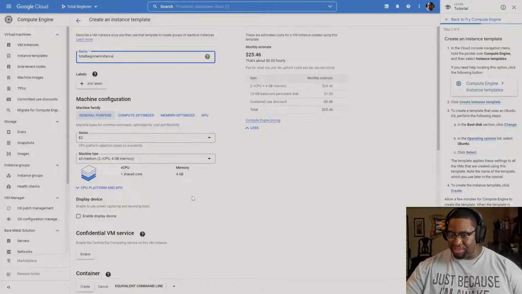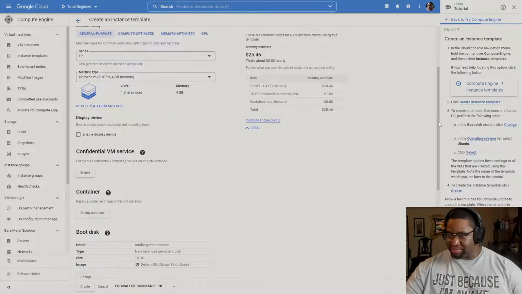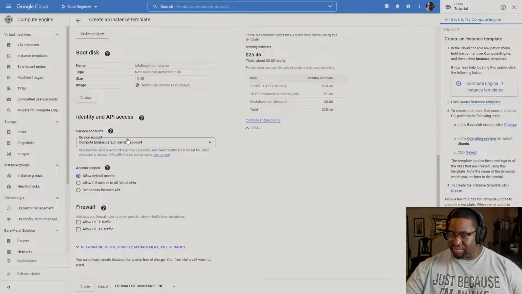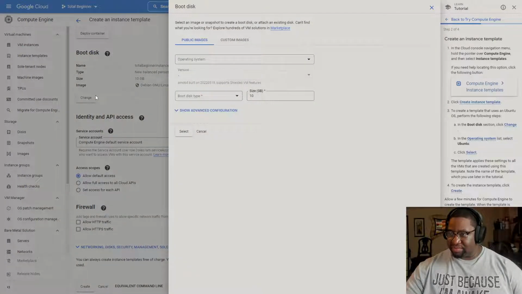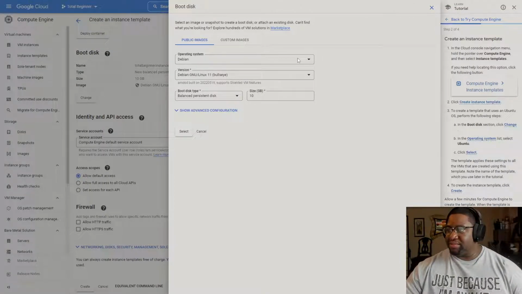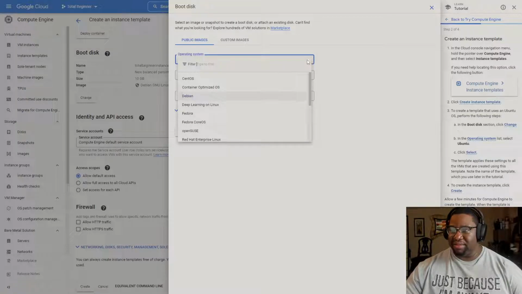Down to it says boot disk section, so we're gonna go down there. Click change. It's gonna pop up like this. Let's see. Alright, so my browser's moving extra slow. I might have to restart my computer or something. It's acting crazy. Anyway,